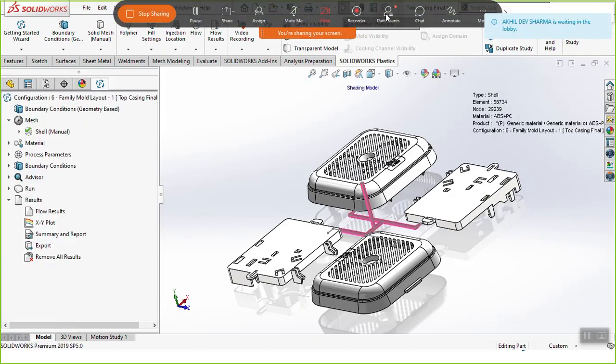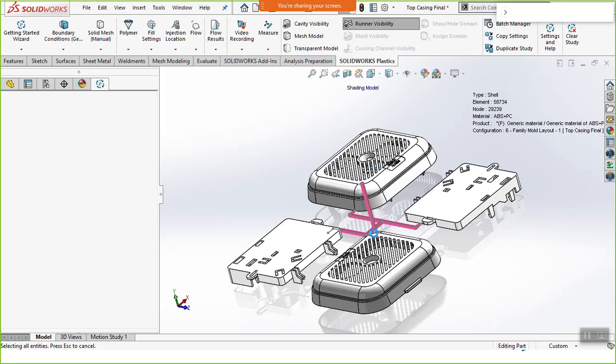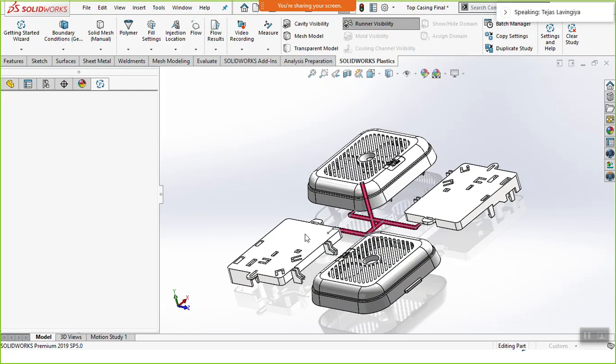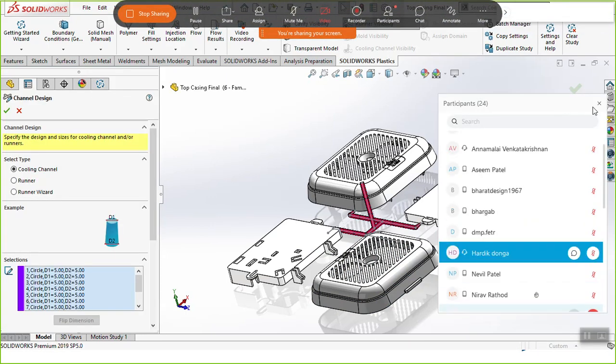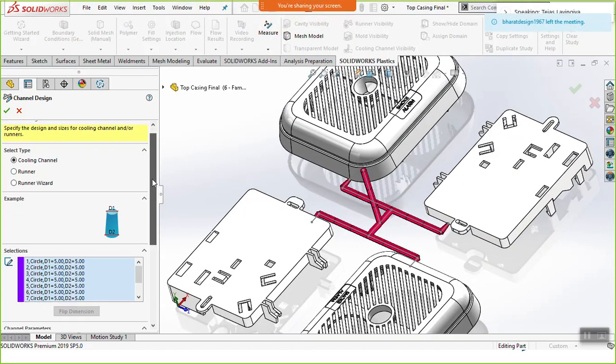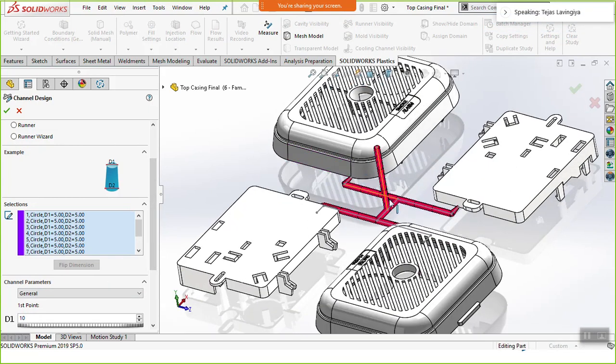Again, let me jump on to the SolidWorks Plastics and showcase to you how to create a runner riser system in your product. To create a runner riser system, I have just created a sketch of how my runner and riser is going to be, and virtually I have given all the runner wizard over here.